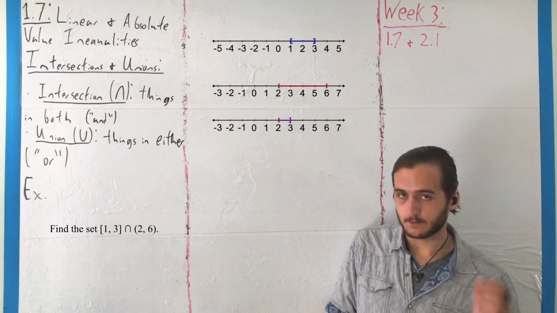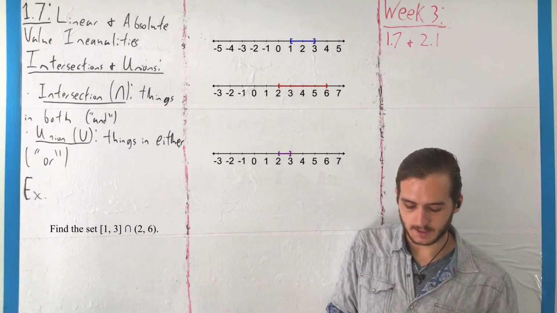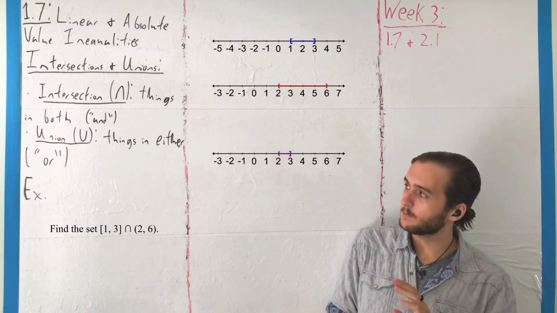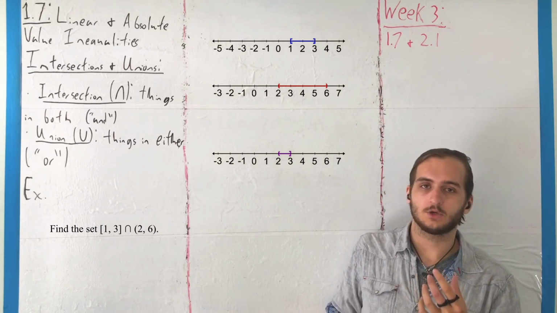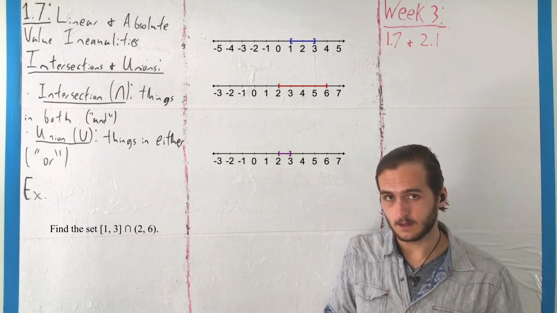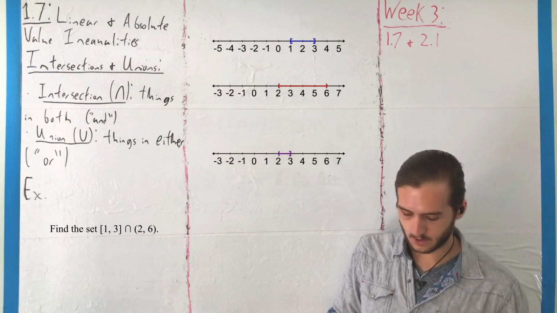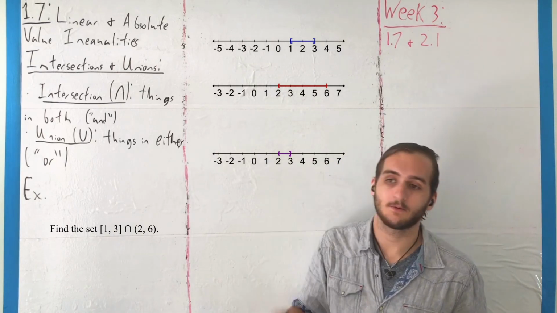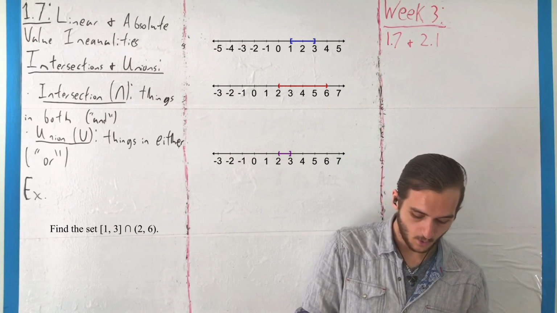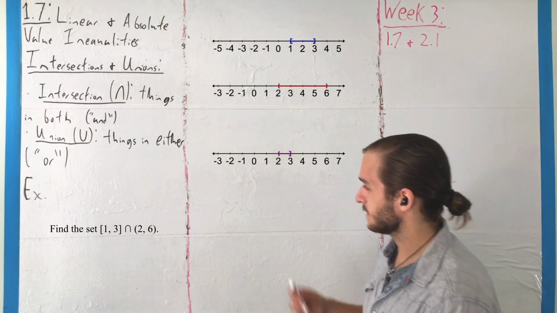where the only thing that occurs in both is the window from 2 to 3, where because we are excluding 2 from the second set, that is going to be open, and because we are including 3 in the first set as well as the second, that part's going to be closed. So looking at it graphically, we'd end up with something like this on the number line, or that the intersection of those two sets,